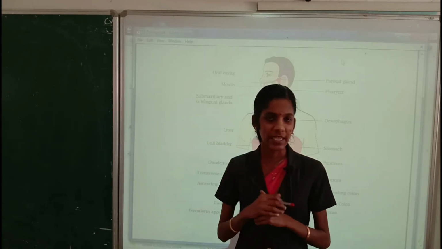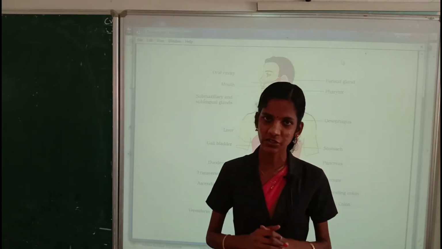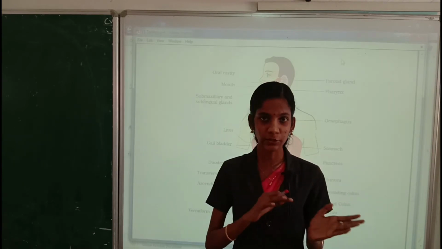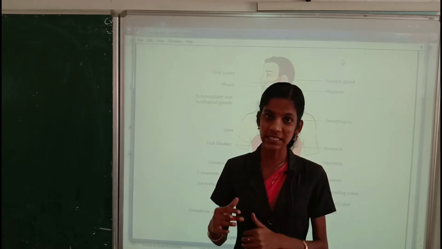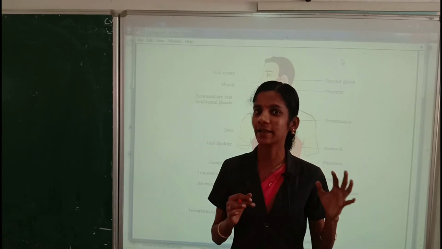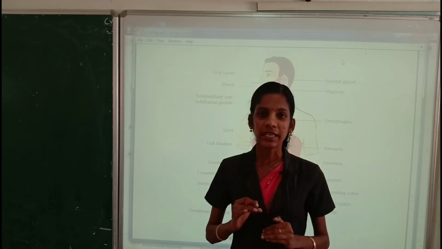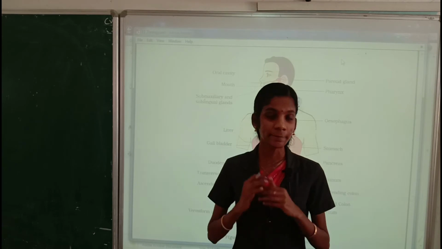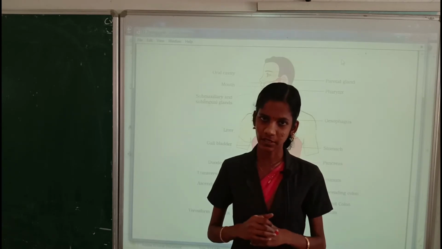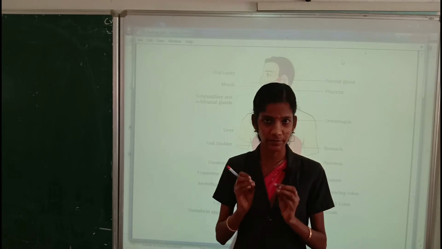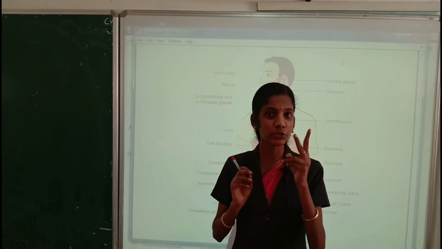If an organism is capable of showing such kind of dentition, that means if an organism is capable of forming two sets of teeth during its lifetime, we can categorize that organism under the organism showing diphyodont dentition. What is that? Diphyodont dentition. That means diphyodont dentition is a kind of dentition in which an organism is capable of forming two sets of